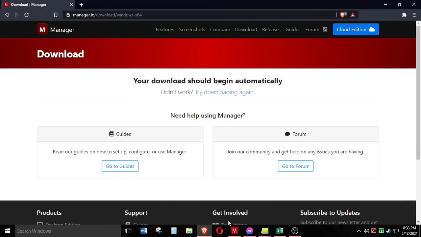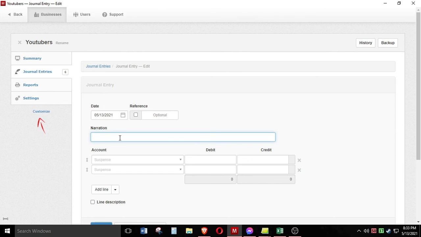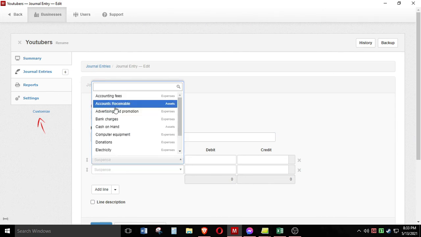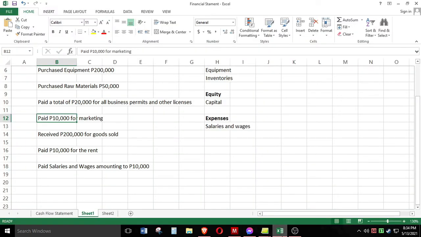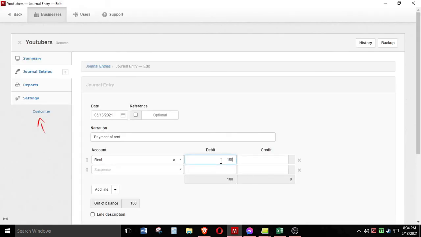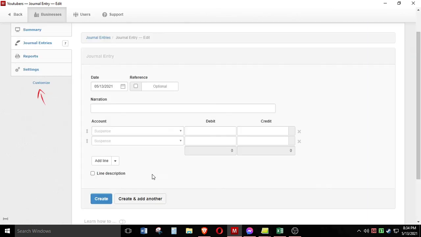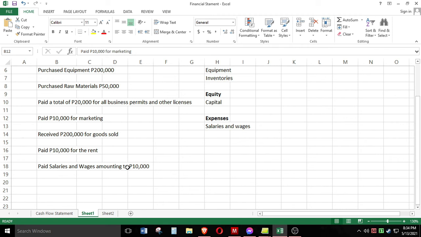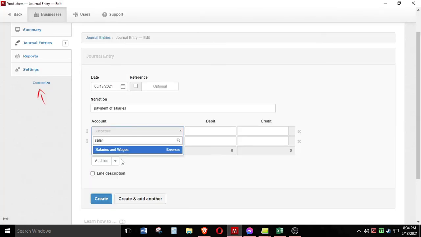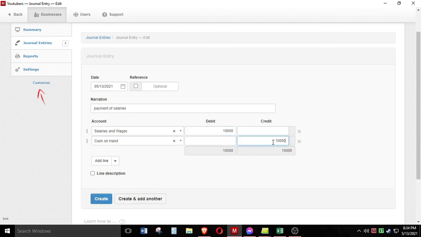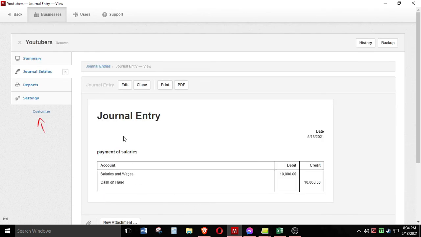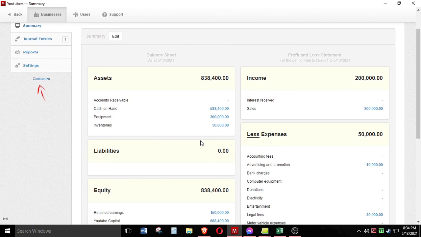So payment of rent. Payment of rent. Rent. How much was it? 10,000. Cash, 10,000. Then, last entry, payment of salaries. How much? 10,000. So, salaries and wages, 10,000. Cash on hand, 10,000. Create. So again, if we go to the summary,